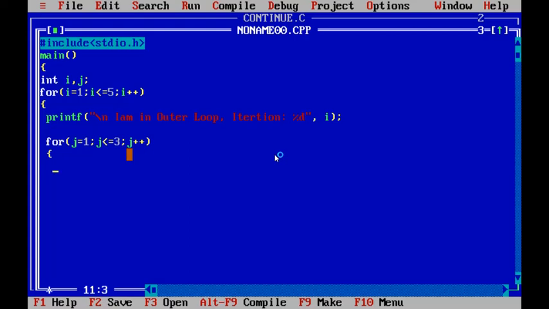Inside the inner for loop we are writing one printf: double quotes, backslash n backslash t, "I am in inner loop." We are printing the j value here: "j is equal to %d", comma j semicolon.